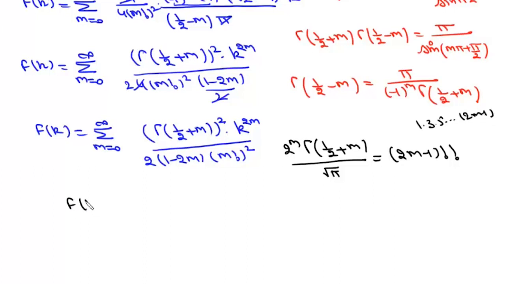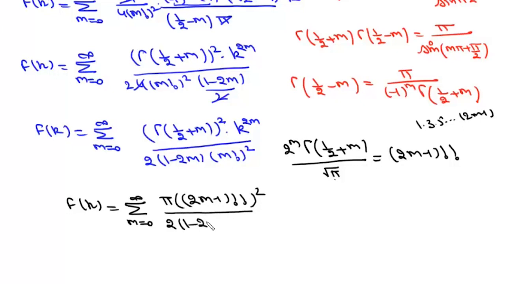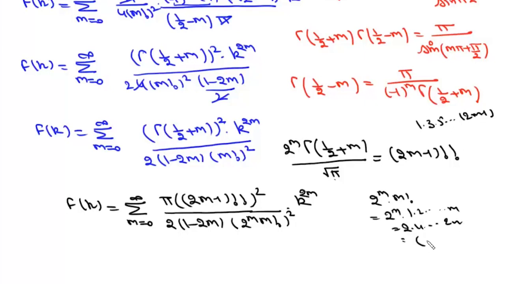So now we can write this fk as this summation m varies from 0 to infinite, and here it will be this 2m minus 1 double factorial square into this under root pi square, which is pi, upon 2 into 1 minus 2m, and then we can write this as 2 to the power m into factorial m square k to the power 2m. Now 2 to the power m into factorial m is basically 2 to the power m into 1 into 2 into 3 up to m, which is 2 into 4 up to 2m, and basically which is the product of all the even numbers from 1 to 2m. So we can write this as double factorial of 2m. So now we can write this series as